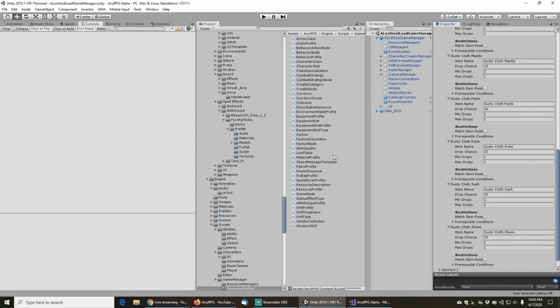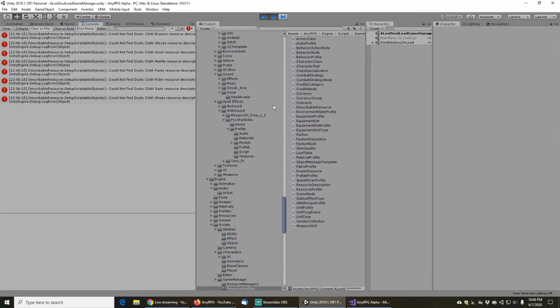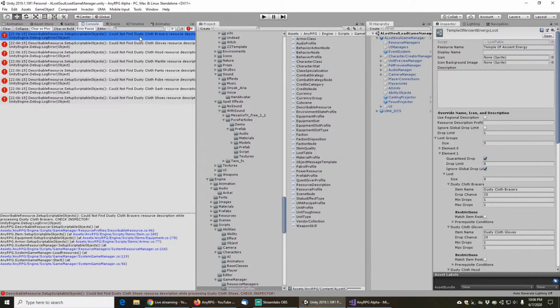The item will get a random name. I think it's time to test it out. Let's just go check that and see everything that we added so far. Is it working? Okay, that makes sense. We need some resource descriptions, so